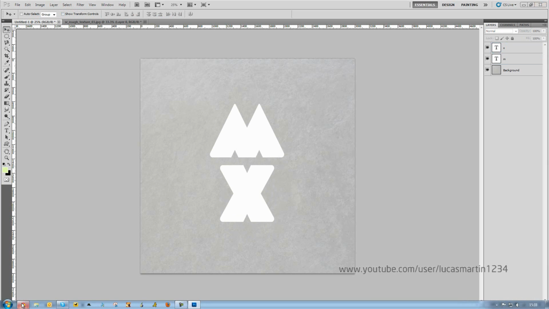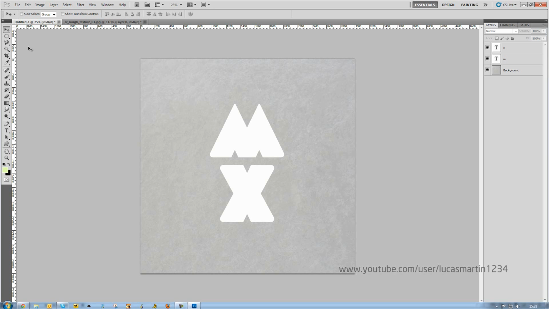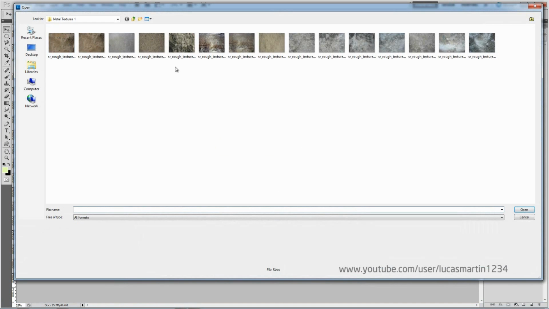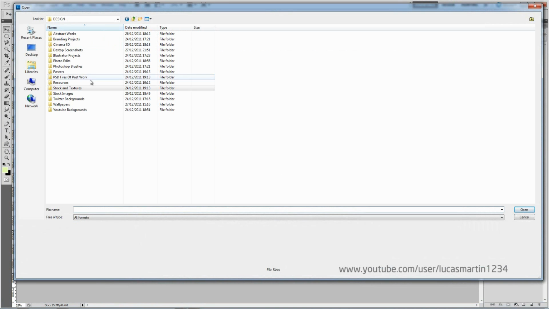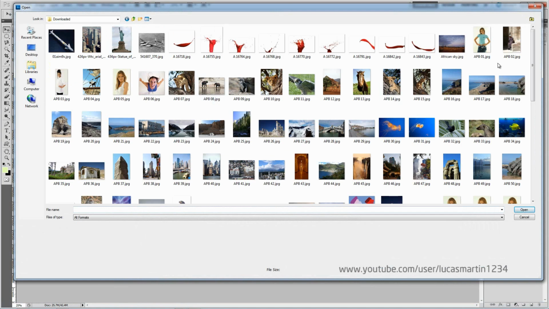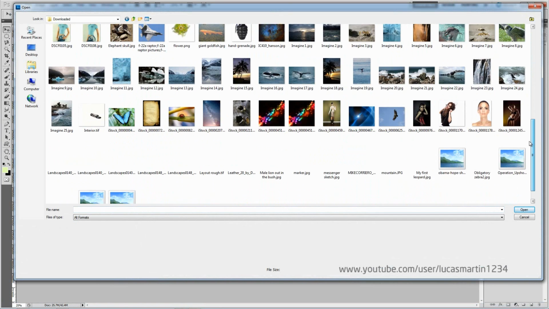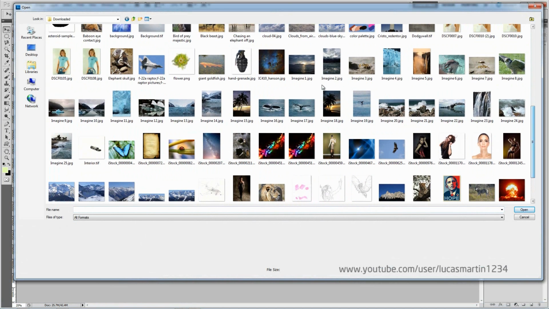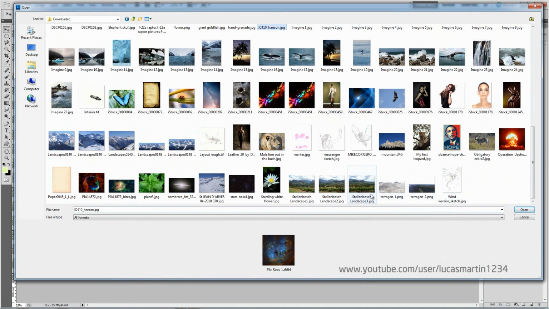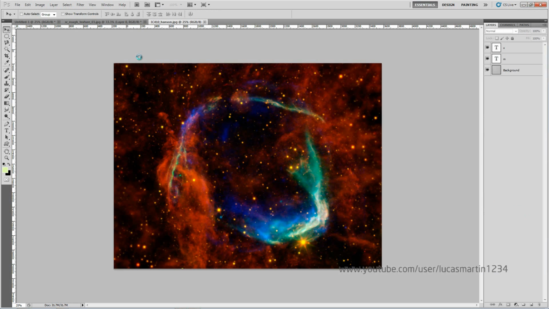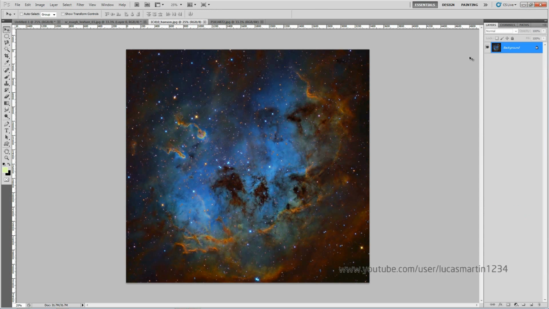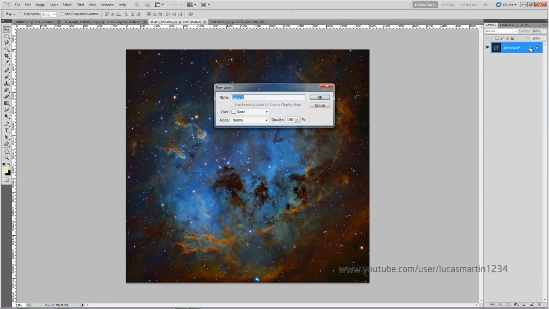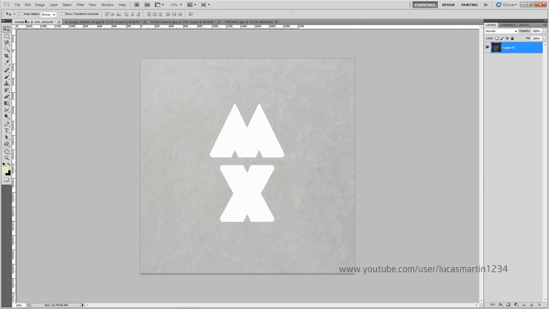So now we need some sort of pattern. I'm not going to use those exact patterns, we're going to use our own. So I'm using pictures of a galaxy from the NASA image exchange. The link will also be in the description. One here and one here. Let's open these two. So first of all, you grab the one you want, just unclick this, you just drag and drop, put it